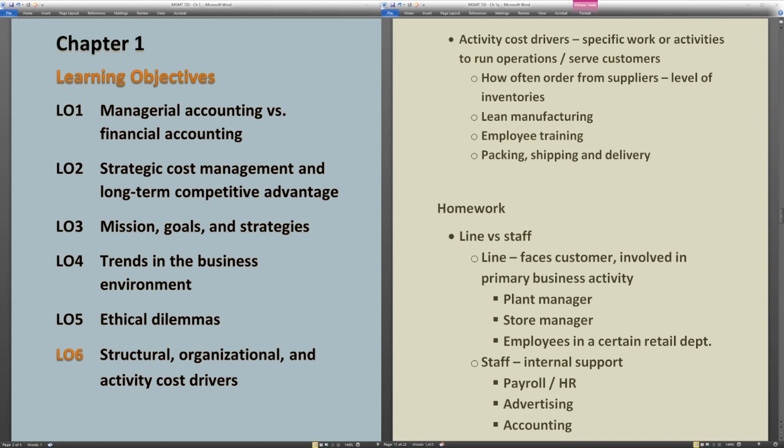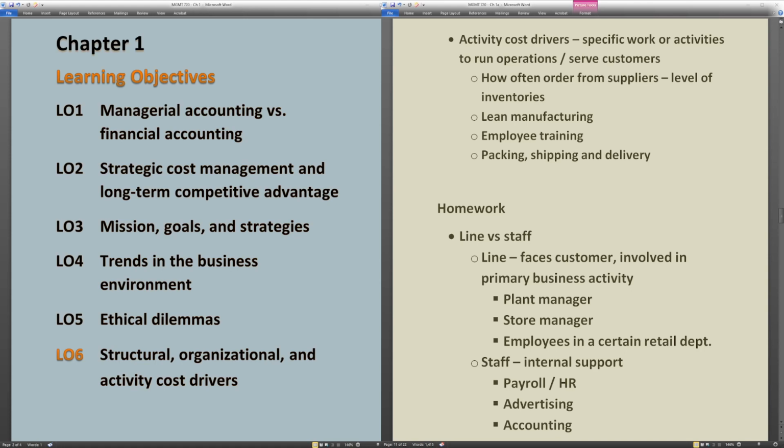That's all of the learning objectives. I'll just mention there are some homework problems on line versus staff, but they're not very defined in the textbook. So let me give you a little bit of extra explanation as far as the homework for the question or two on line versus staff. When they're asking you to identify is this position or this department a line position or a staff position, what they mean is a line position is some department or some title